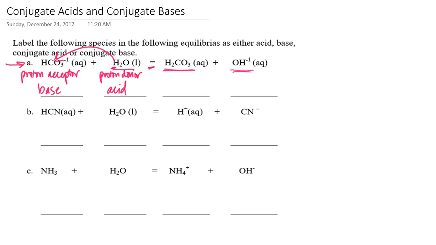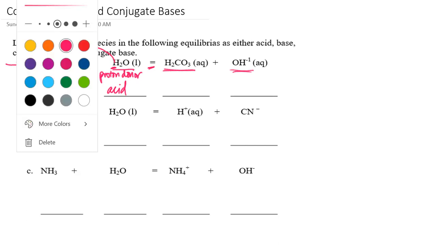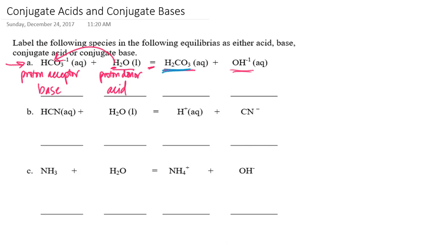Looking at the product side, the carbonic acid is the conjugate acid to the bicarbonate ion, which is acting as a base, and the hydroxide ion is the conjugate base